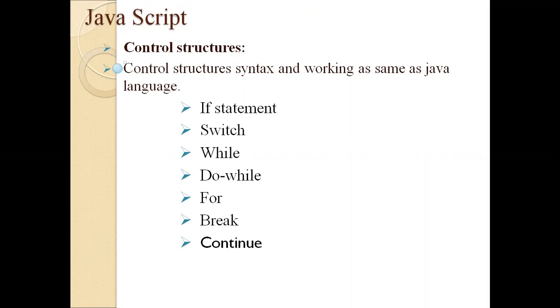If the body of the loop is executed after checking the condition, then it is called pre-condition. If the body of the loop is executed before checking the condition, it is called post-condition. Along with while and do while, we have one more called the for loop. Under jump statements, we have break and continue. When we use break, it brings the control out of the loop. And when we use continue, it skips the current iteration, right?